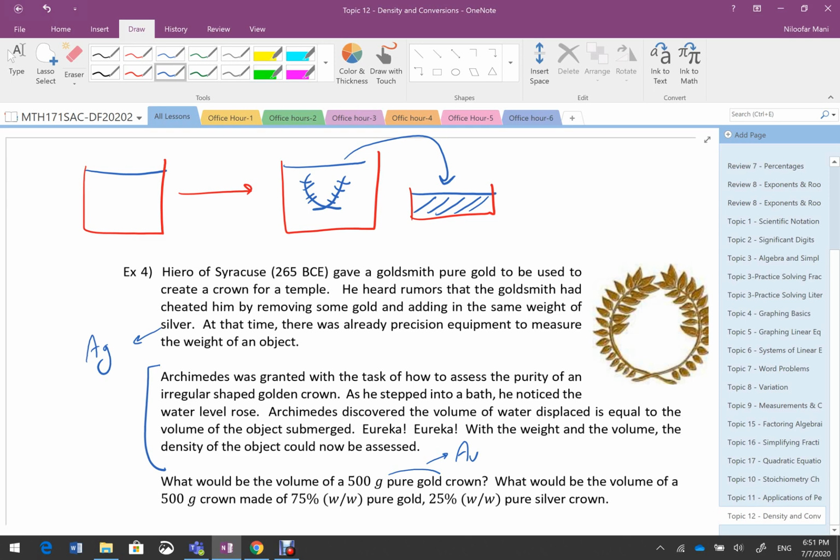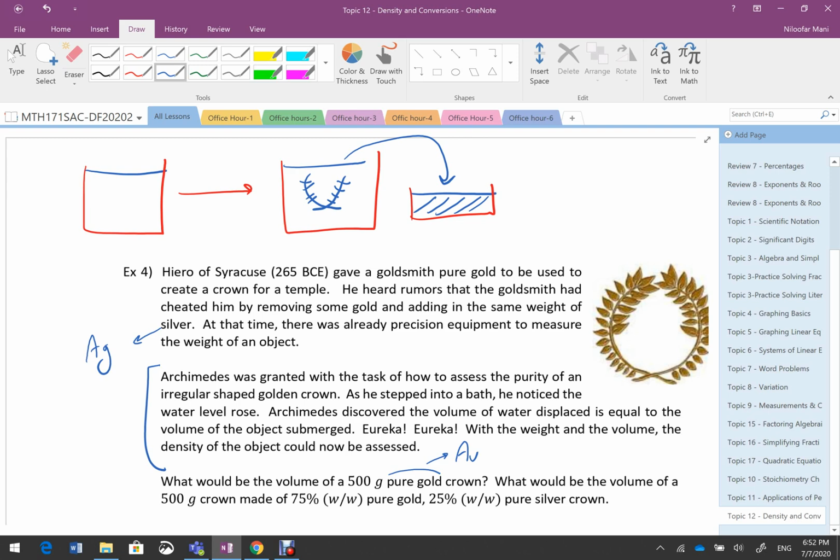Then we can see the volume of the water which is displaced from the container when we put the crown inside, and we can see if it's really gold, and whether the two are equal. If it's not equal, then we can